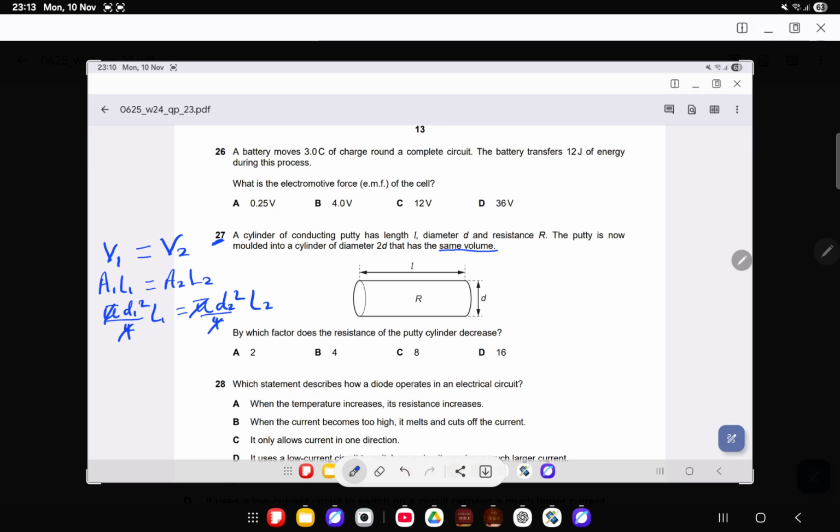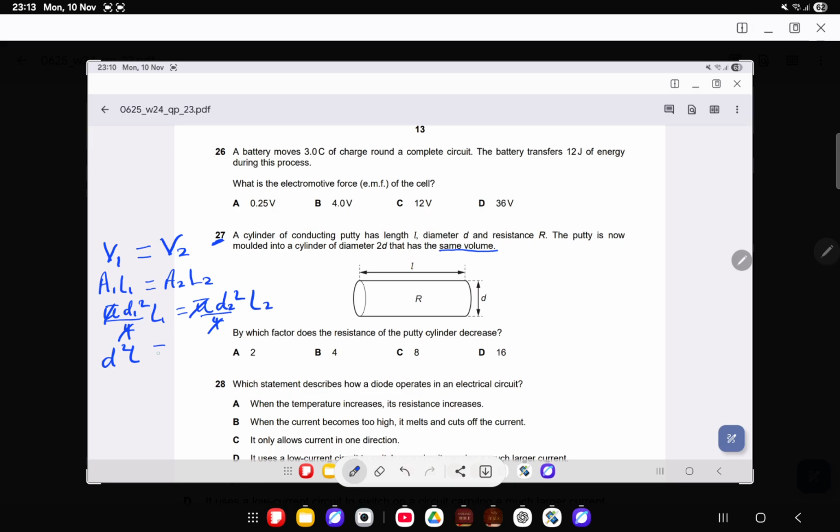All right. Now the question says initially the length is L. So which means that my L1 can now be L and my diameter was D. So my D1 can be D. That was what was given in the question. So I have here D squared L